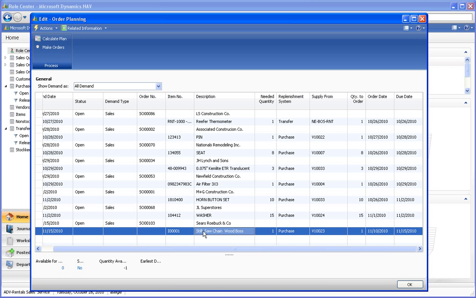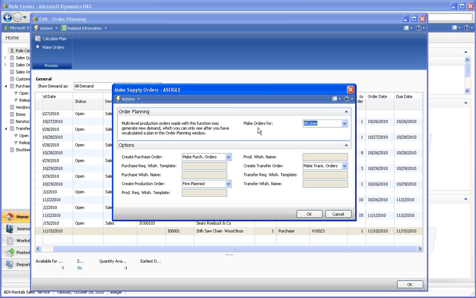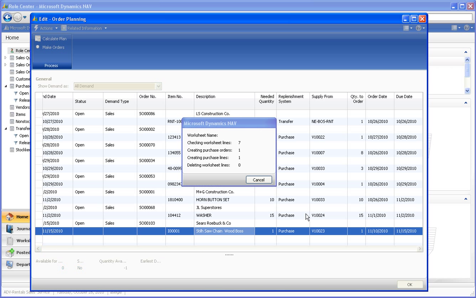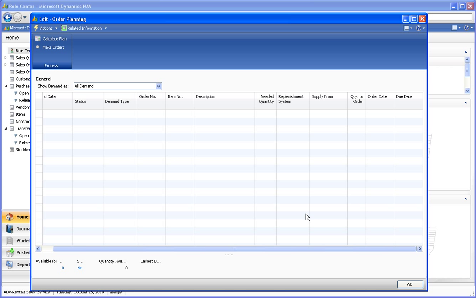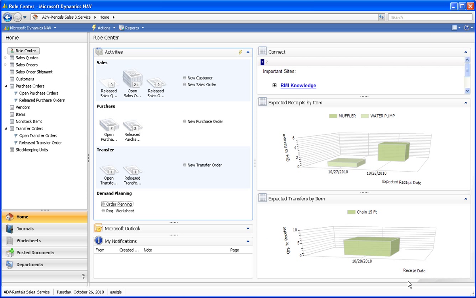So what I'll go ahead and do is I'll create my purchase orders and transfer orders, and I'm simply going to say I want to make orders for everything. So I'll just choose all lines here. I'm going to confirm that we're going to make purchase and transfer orders, and the system's going to go ahead and spit out those purchase orders and 1 transfer order for me, and then I can go ahead and process those. Go ahead and close my order planning window,